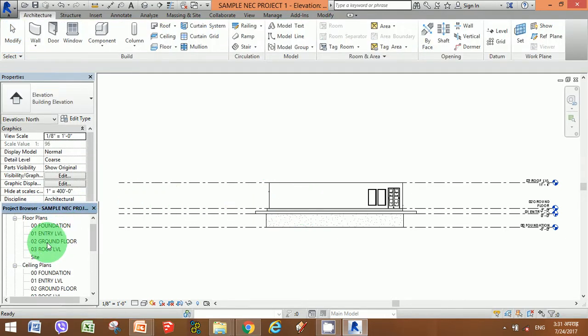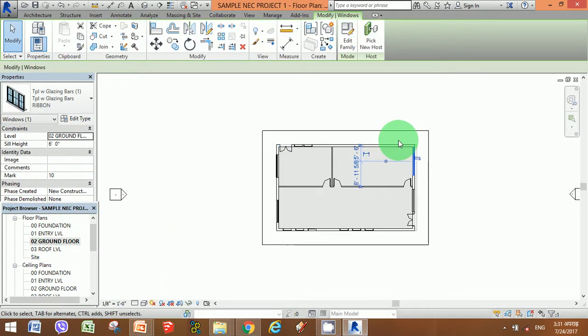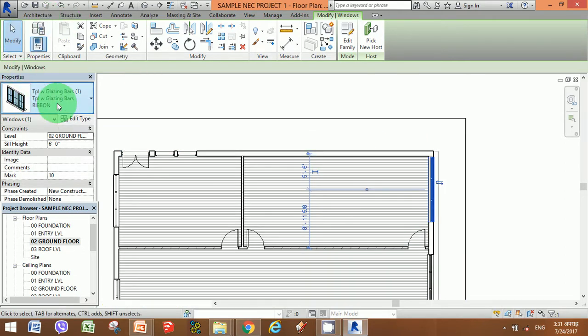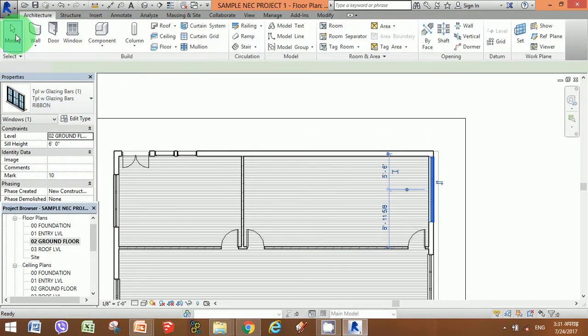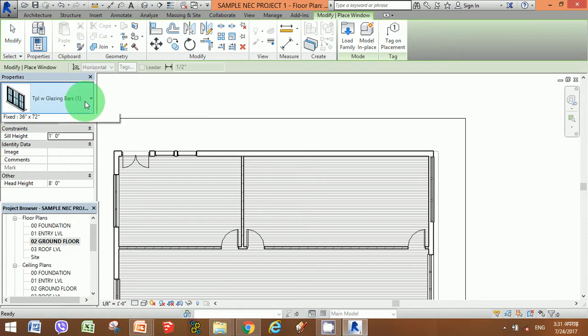Now I want the same window in my north view, this direction, so I use the same window. I'd go to the modify tab again, press window.